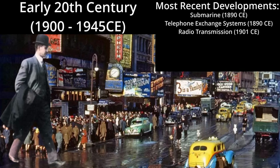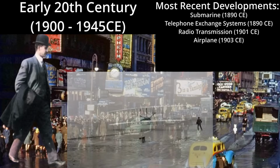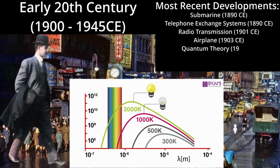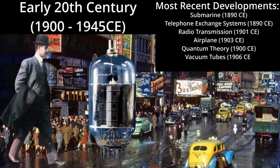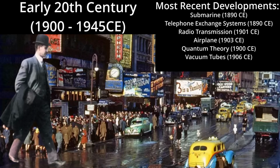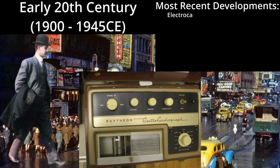The Wright brothers created the first airplane, which will be improved on a lot in the next few decades. Planck creates quantum theory, which revolutionizes the way a lot of scientists view the world, while De Forest invents vacuum tubes. Einstein, disliking this quantum theory, comes up with his own theory of relativity, which also revolutionizes scientists' view of the world. The ECG machine, or the thing that makes the line that shows someone's heartbeat, now is used to